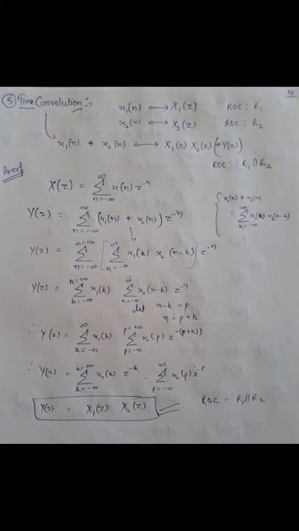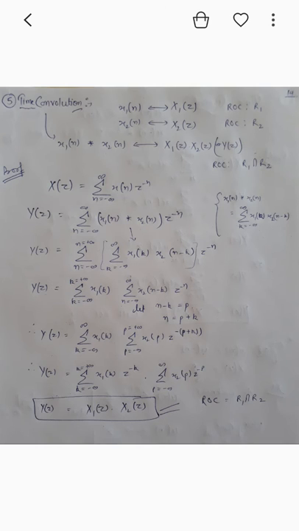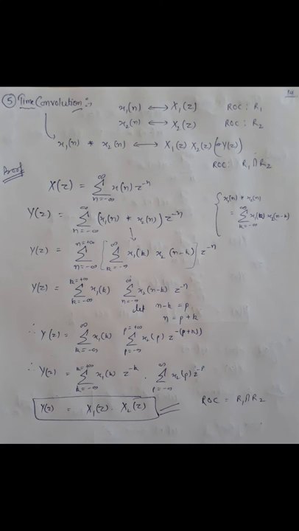Let's go for the proof of this time convolution property. Write down the formula for the Z transform. In place of x[n], simply replace it by x1[n] convolution x2[n], and we know that the formula of convolution is summation k from minus infinity to infinity x1[k] x2[n minus k]. Replace that formula, and we get two summations, one for n, one for k. Separate the k part, summation k from minus infinity to infinity x1[k], second part x2[n minus k] z raised to power minus n.